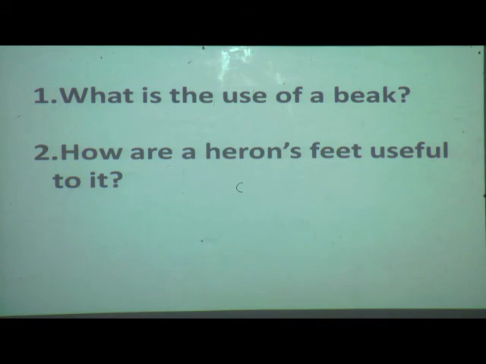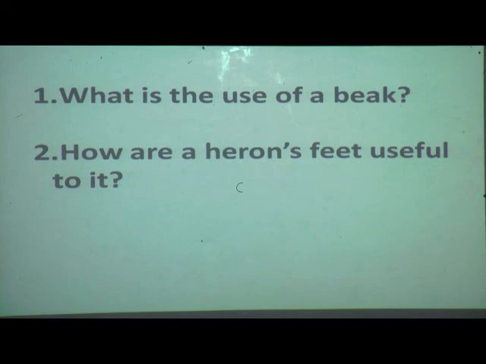Now it's time to ask you some questions. Now tell me, what is the use of a beak? Yes, tell me students, what is the use of a beak? Yes, a beak helps a bird to eat and build the nest. I'll repeat again, a beak helps a bird to eat and build the nest.